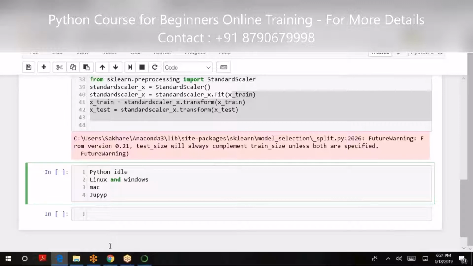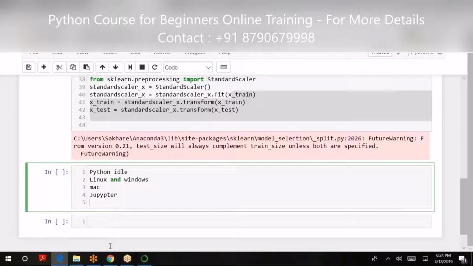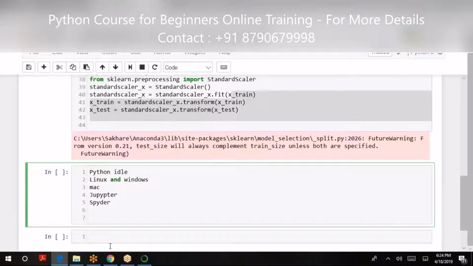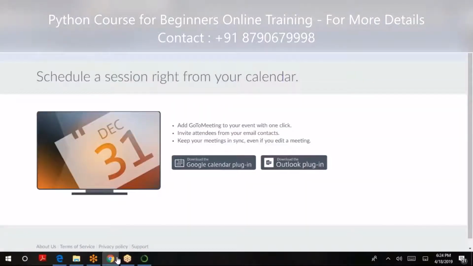Subsequently, there is Jupyter, which is quite a proficient editor used by a lot of people. The third thing is Spyder. Likewise, now how do I get it? From the internet, if I go for Anaconda, whatever the recent version, let's say might be 3.5, 3.6, if I ask for Anaconda download, it will take me to the cloud.